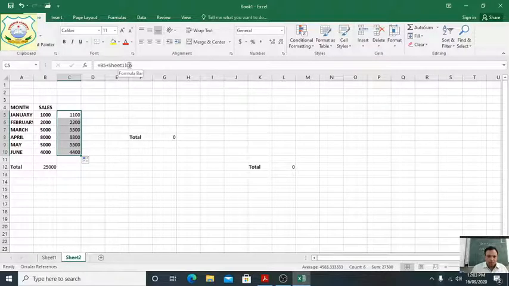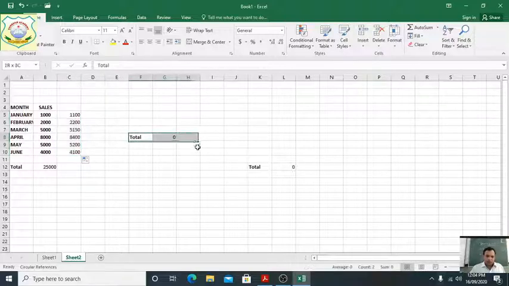C5, see here, and drag it, the value will change. Okay, the value has been changed accordingly. So we can combine two sheets. If you want to add values from other sheets, we will write B4 plus Sheet1, then the exclamation sign, and from whichever cell you want, C5, so from C5 you have to add it. Clear, students?